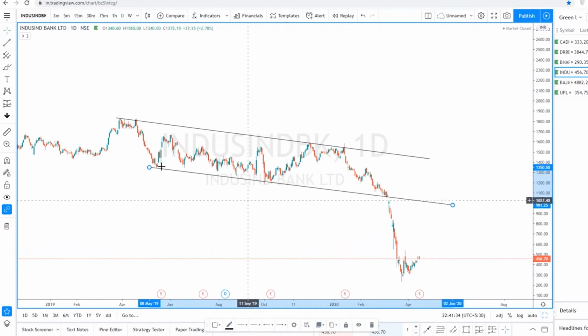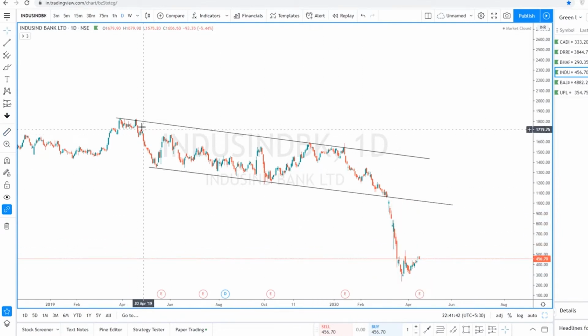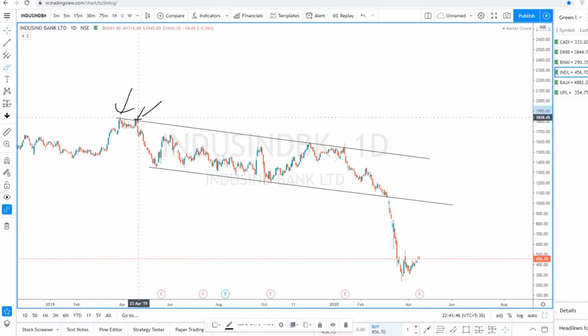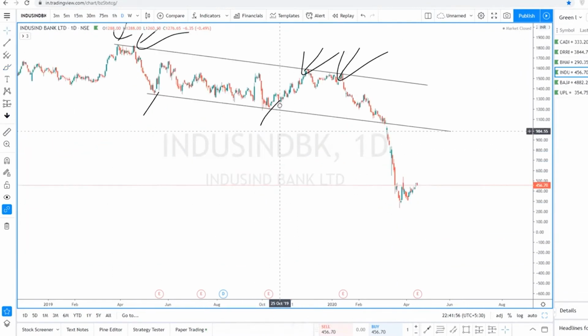Look at this beauty. After it fell, 75% of the stock is gone. So this is 1, 2, 3, 4 rejections at the top, and just 2 rejections at the bottom. So again, another thing I just want to clarify is that